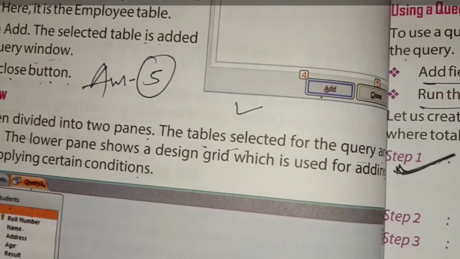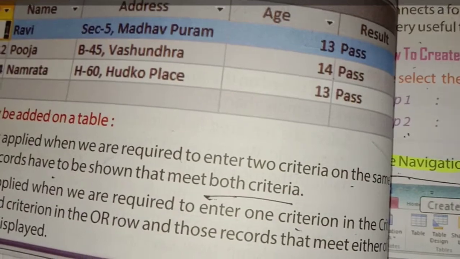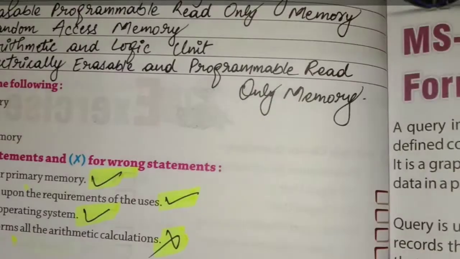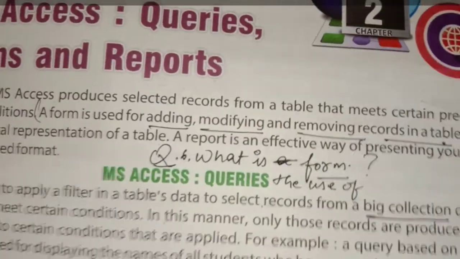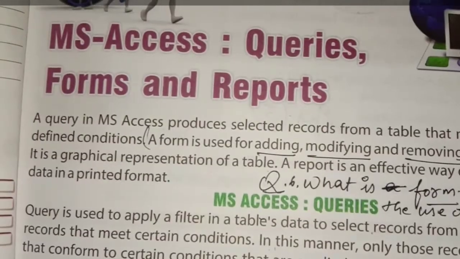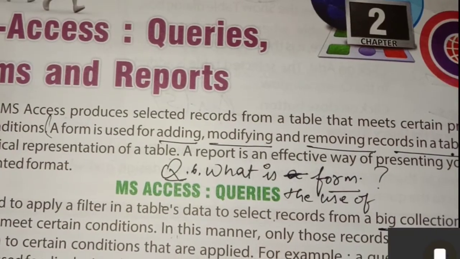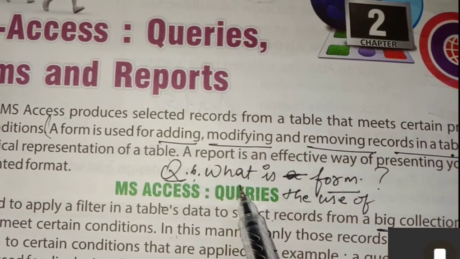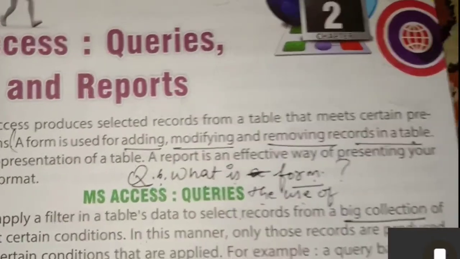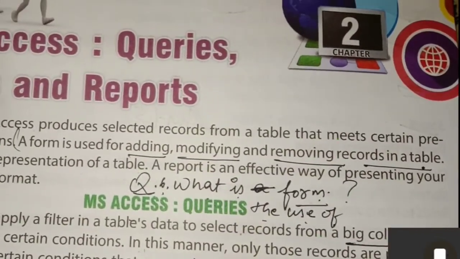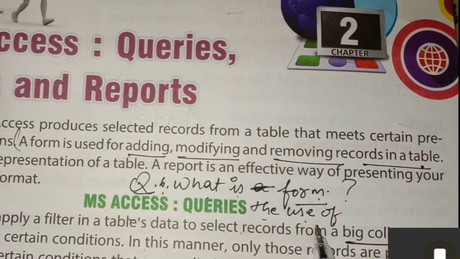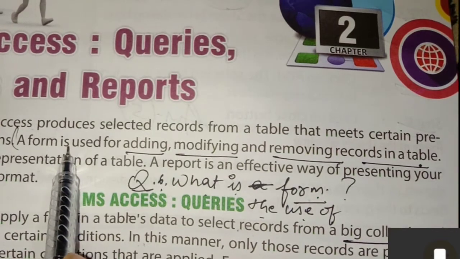Yeah. Then question number 6. Ria, what is the question 6 which I gave? Yeah, correct. Add one more question on the page number 13. Question number 6. What is the use of form? Yeah. What is the use of form? Answer is at the first para.